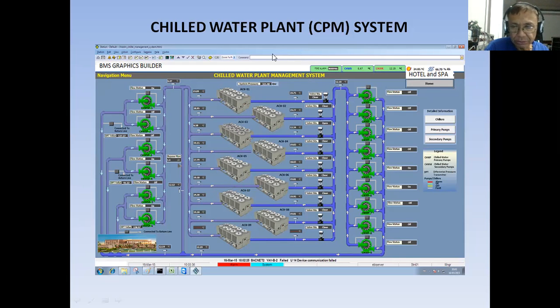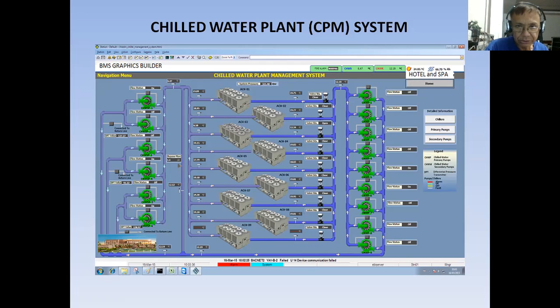The one that controls the operation of the entire system is the CPM. They have their own DDC loaded with their own program to optimize the operation of this chiller plant management system. All the BMS is doing is purely monitoring. What I did here is third-party software integration.